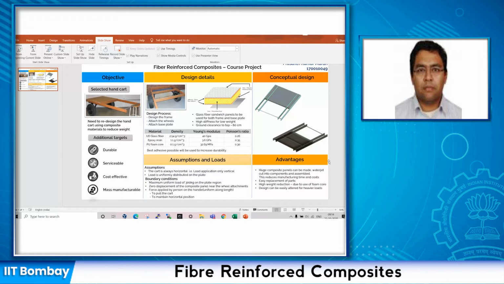And similarly, materials and all, whatever choice you are making now, fine. But say going ahead, you might find that something is wrong, then you might have to change material. So that's okay. That's the whole thing about design. Design is an iterative process. So you start off. The better designer obviously makes fewer iterations, but there is nothing like a bad or a good. I mean, if your experience is less, you will make more iterations. But ultimately, if your objective function is the same and the constraint space is the same and your approach is the same, ideally you should arrive at similar results.